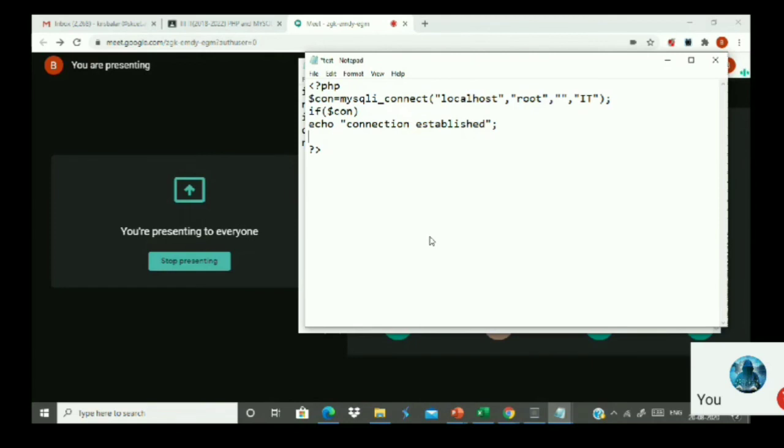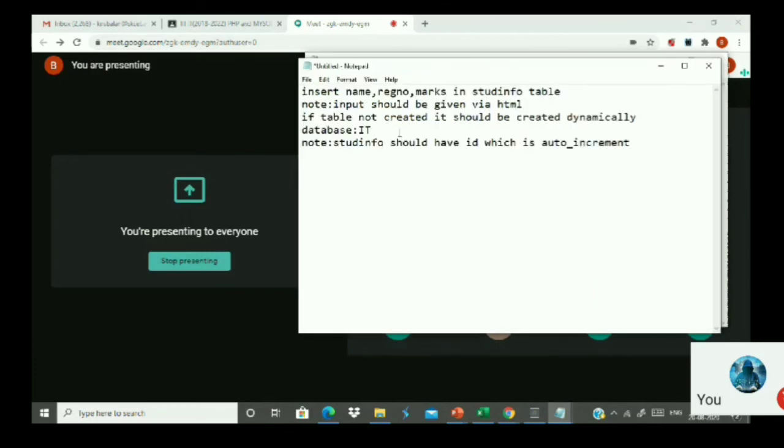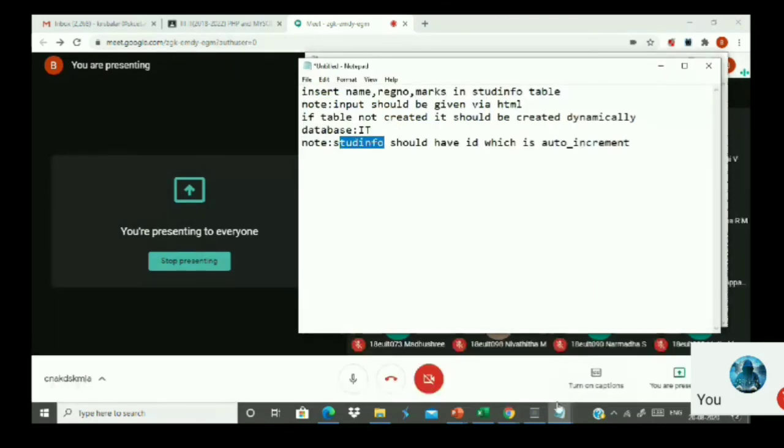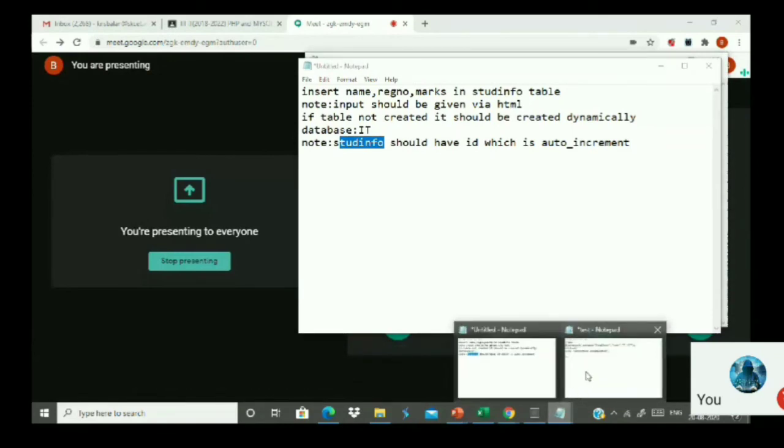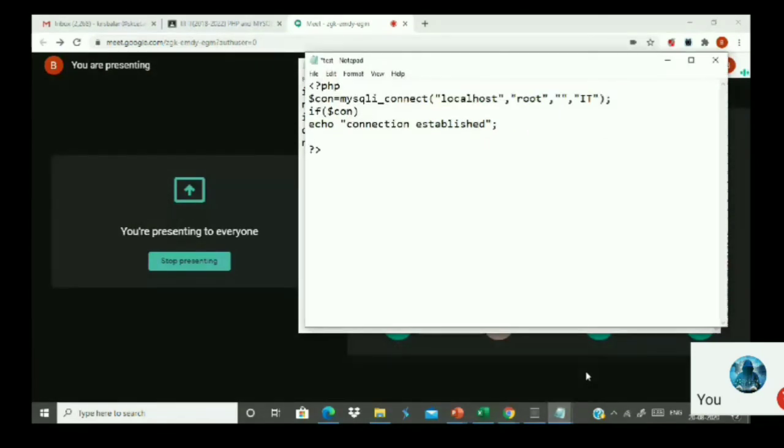What is the table name I have said? See the problem. The table name is called student info. First, I have to verify whether the table exists inside my database or not. So I write a query here: query equals select 1 from student info.